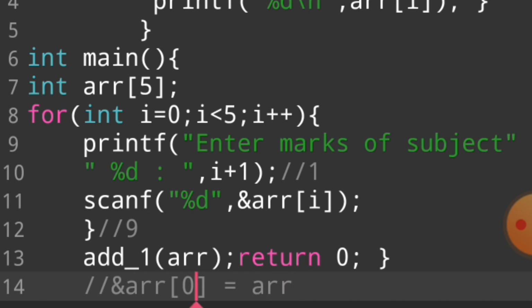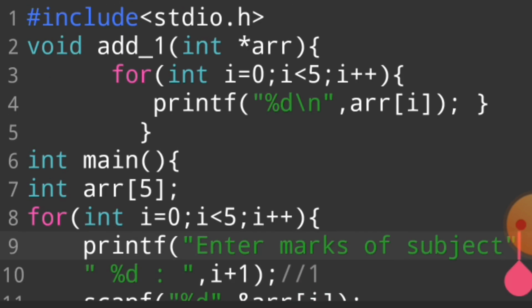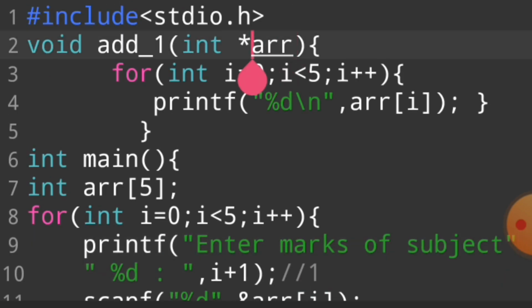In this address the value 1 is stored, the address is passed in this area, and with the help of the pointer we understand which value is stored in this address. So if I is equal to 0 and I is less than 5, execute this program and print arr I.